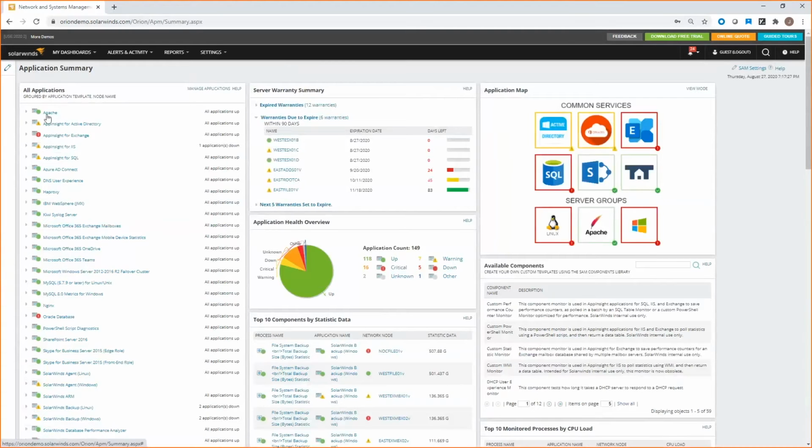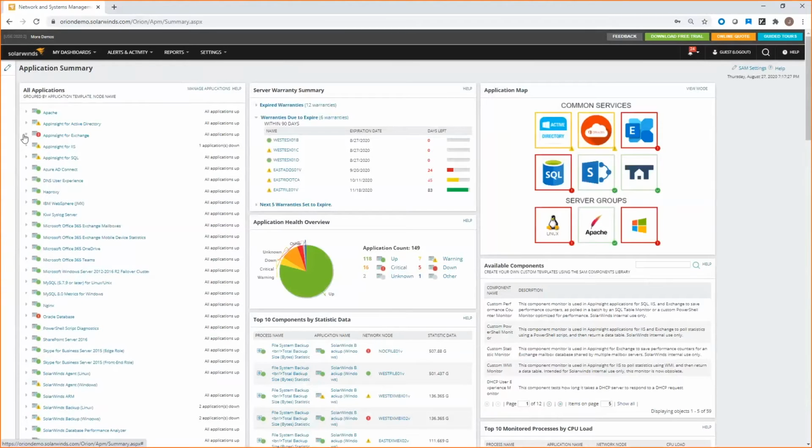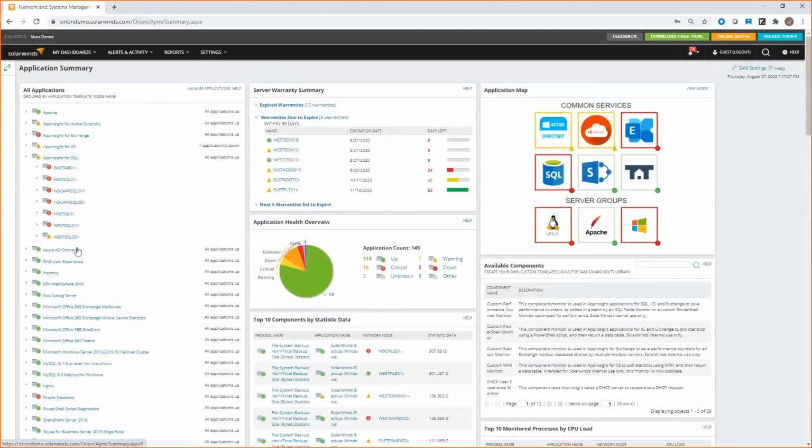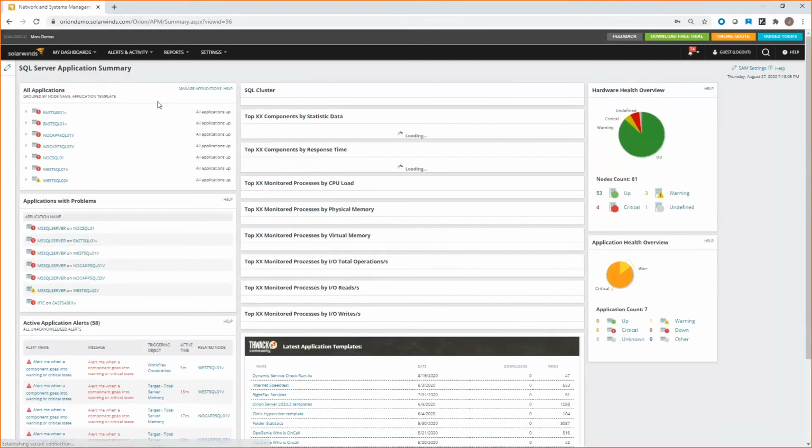We're showing you this because we know, at least from personal experience, that somebody's going to call in and not say, hey, I think your Exchange mailbox has got some weird queue issue. They're just going to say email. So we're going to sort by, hey, here's your Exchange environment, or hey, the website is down, so let me go over to Apache or SharePoint or something like that. But I can see that we've lumped all of our SQL servers here. And we love SQL Server so much in SAM that we've actually given it its own dashboard right out of the box. You can come here and just hit SQL Server, bam,